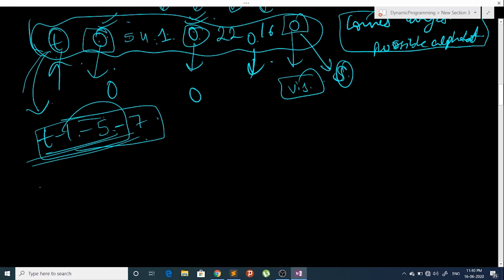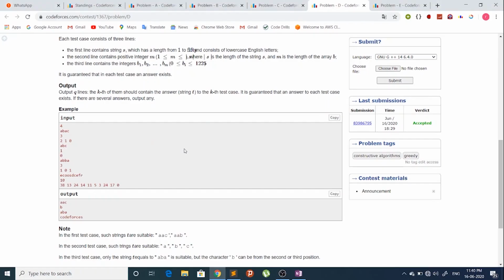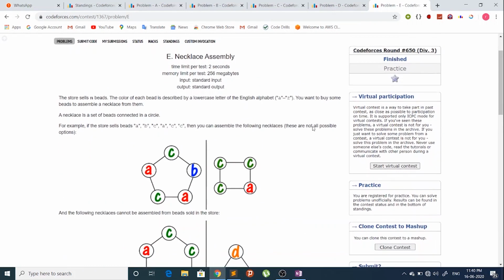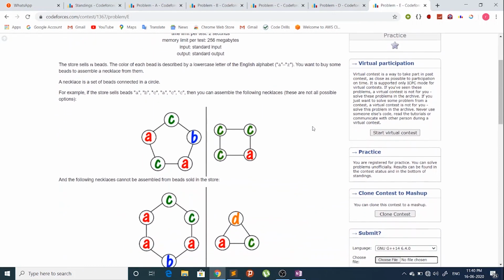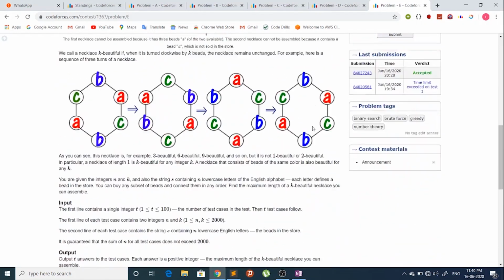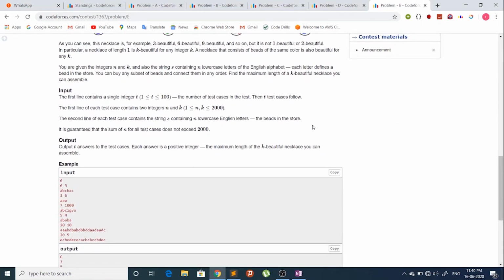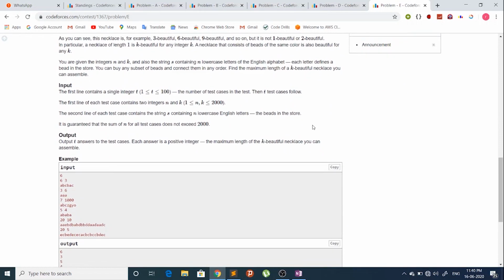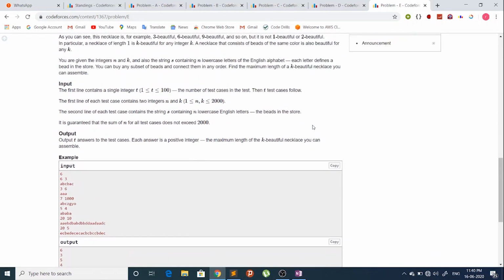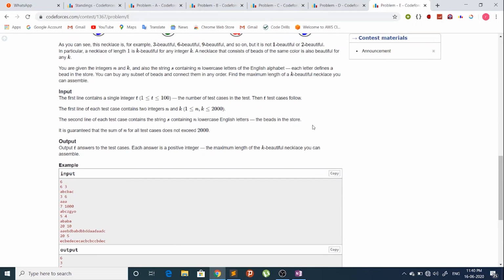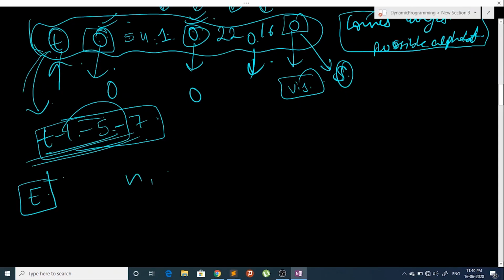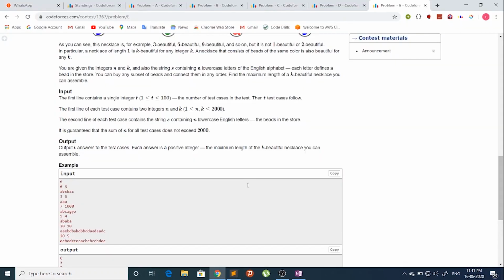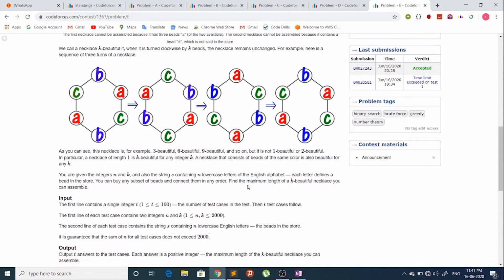Now let's discuss solution of problem E. So in problem E, we are given a string S consisting of lowercase English letters, and we are also given N and K. So we are given N, K and string S, and what we had to do in the problem was, now